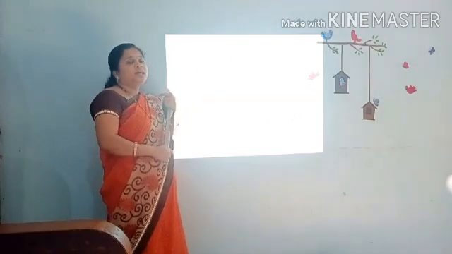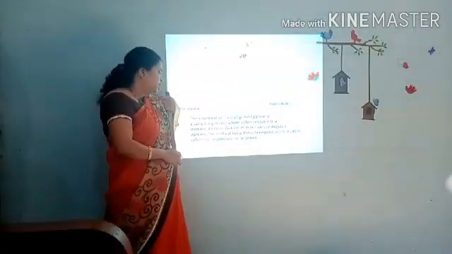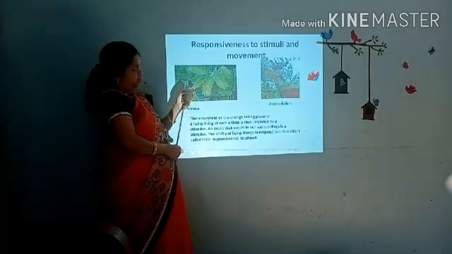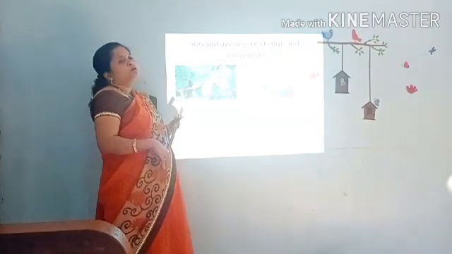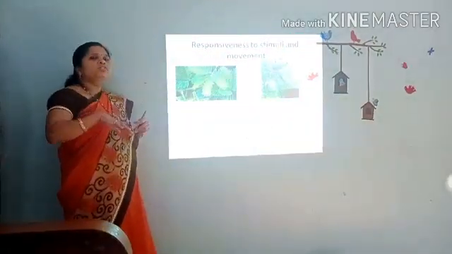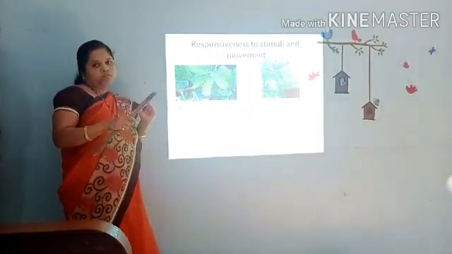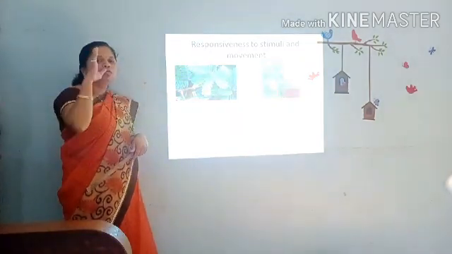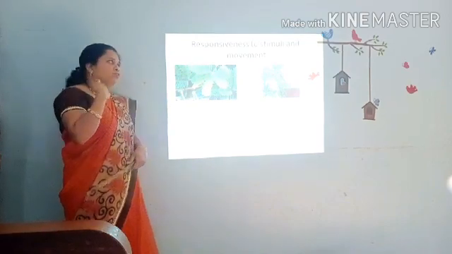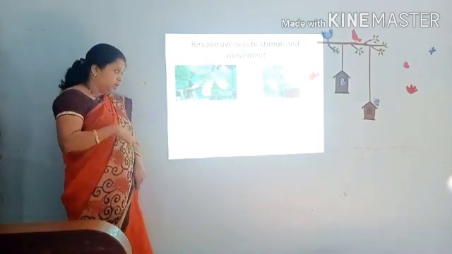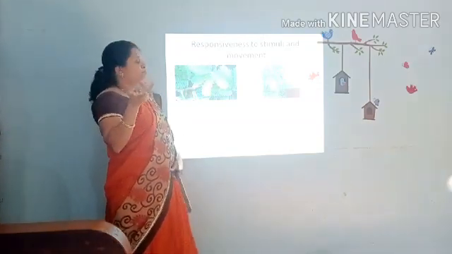Now let us see the next important characteristic of living things, which is responsiveness to stimuli. Yes, when we respond to someone else, that means we show responsiveness to stimuli. How does this happen? When we prick someone, or something comes before our eyes, what do we do? We close our eyes. Why do we do this? Because we give an immediate response. Similarly, plants also give responses.